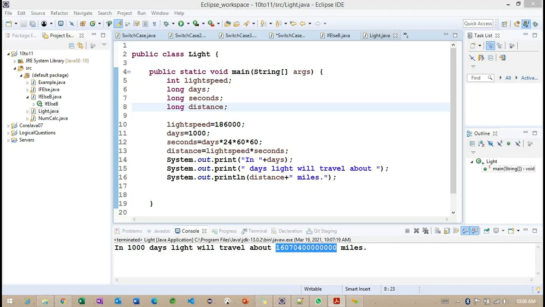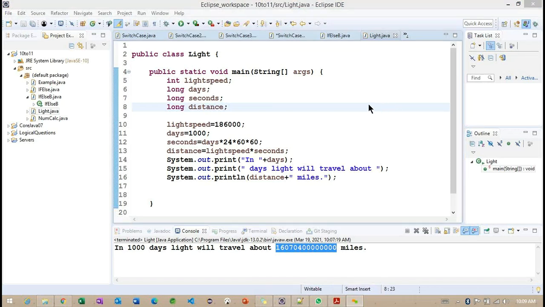If anyone has an idea? No idea? So what is the first executable statement? Yeah, tell me.